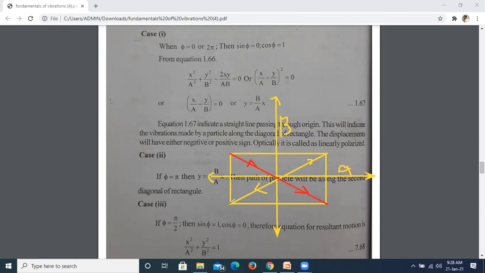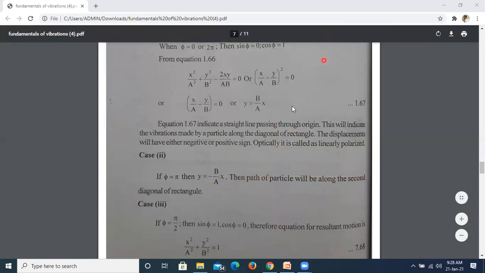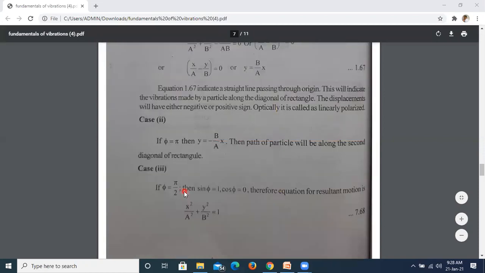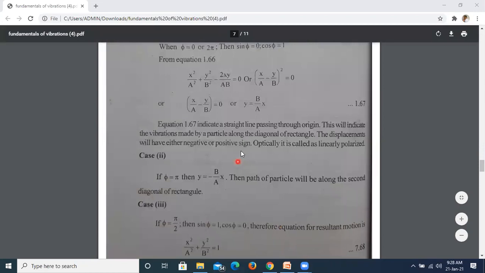When the phase difference phi is equal to 0 or 2 pi, the resultant motion would be along the straight line, so it is linearly polarized. When phi is equal to 180 degrees, the resultant motion would be along the straight line, and it is also linearly polarized. Now, the third case, when the phase difference is equal to pi by 2 or 90 degrees, then sin phi equals 1, cos phi equals 0. Substituting that in this equation,